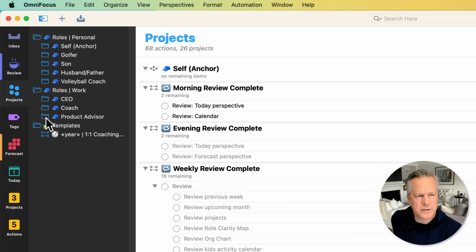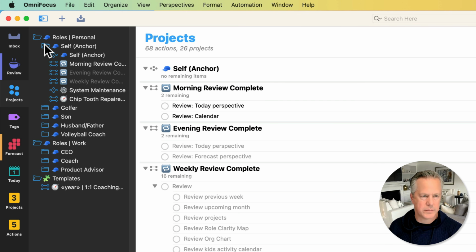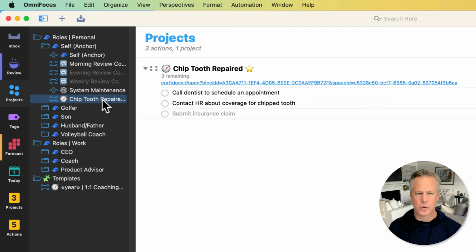Now, Tim, let's go down to the, which I think the self role, and let's go to the chipped tooth repaired. So on this one, you can see that the very simple structure is chipped tooth repaired, which is the project.